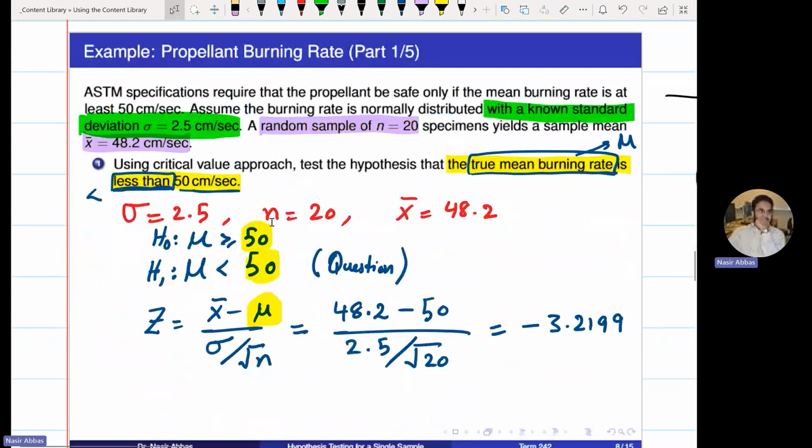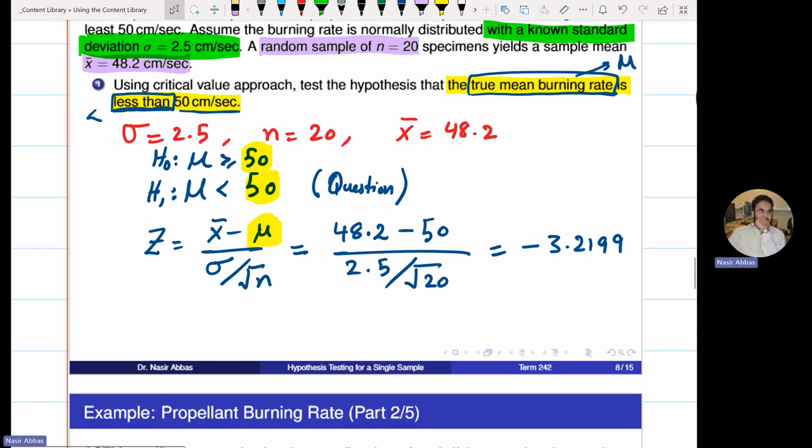Now read the whole question and see where it is given. 95% or 5% or 99% or 90% or 1% or 10%. Is it given anywhere? No, you will assume it. So assume alpha to be